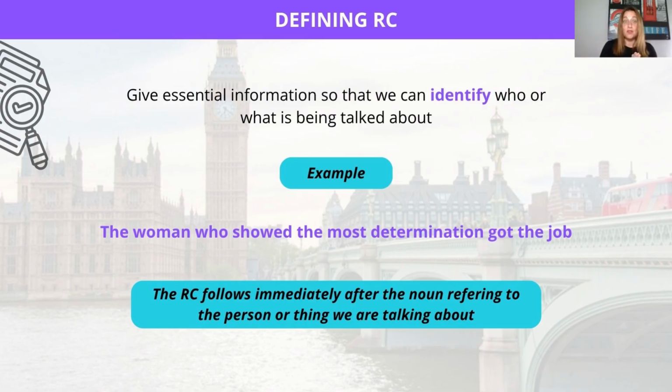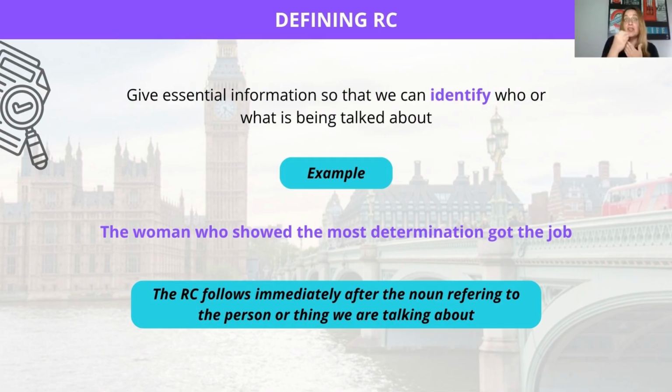For example, the woman who showed the most determination got the job. The relative clause follows immediately after the noun, referring to the person or thing we are talking about. The relative clause we have in front of us is who showed the most determination. So the main sentence or message is the woman got the job. Great for her. So who showed the most determination? It's essential information I'm giving you